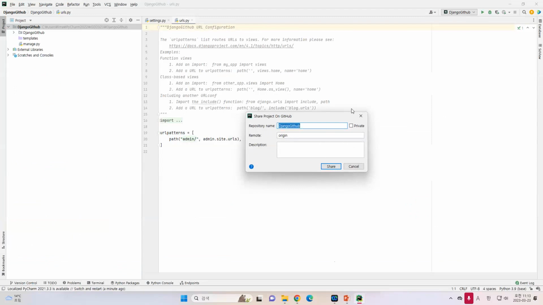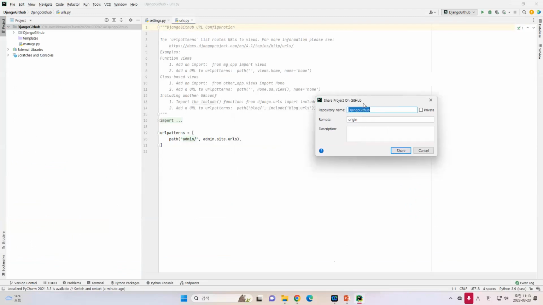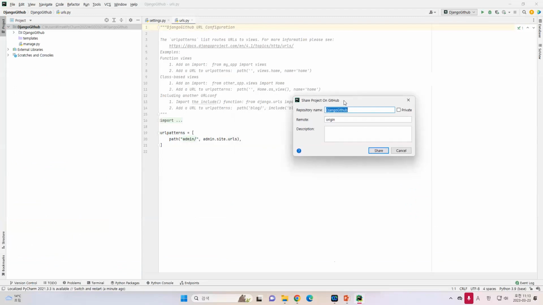So it will show you one panel like this. What is the repository name that you want to use? And then the remote is the origin. Here is the origin, and then you can describe something. For example, this is an example of the Django project. And once you click share,